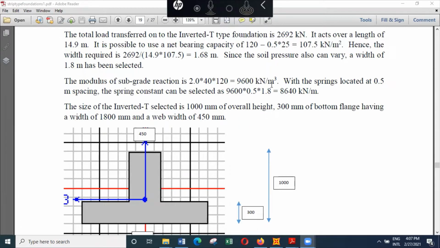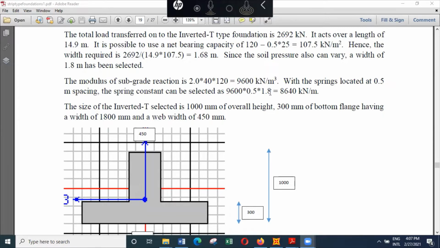And if you are going to apply one spring over 0.5 meter length, we divide it into 0.5 meter lengths. The reason is we are having lengths like 4.5 meters, 5.5 meters, so it's convenient if we divide it into 0.5 meter lengths. And then we can say that each spring will represent